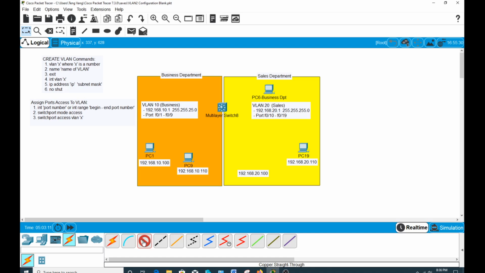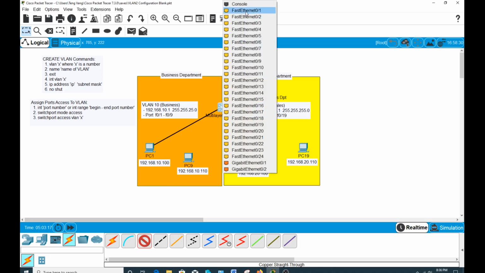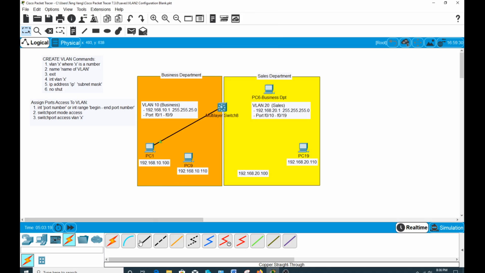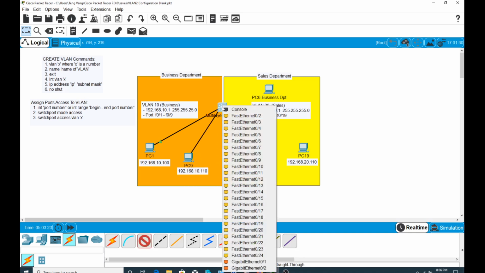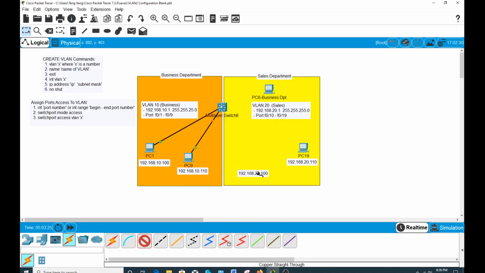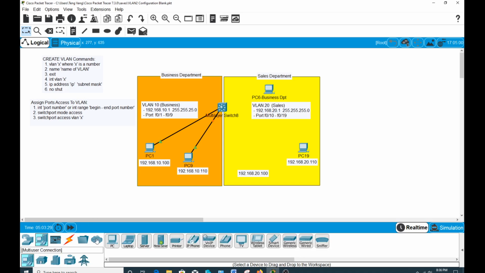Let's go ahead and connect this PC. Okay, PC 1. I connect that to port number 1 because 1 through 9 will be my VLAN 10. Okay, so I go ahead and create this on port 9 for these PCs right here. I need to add the PCs right there first, and let's call this PC